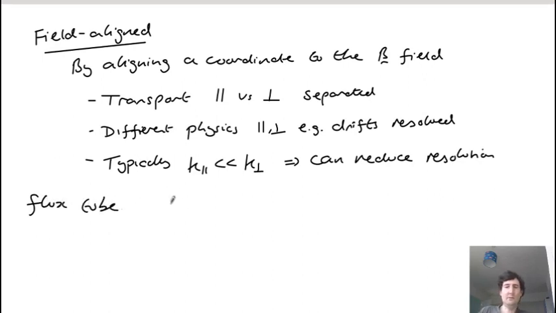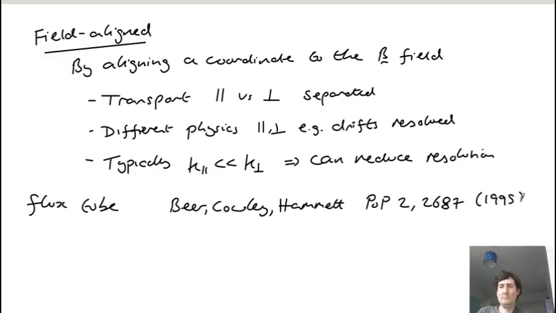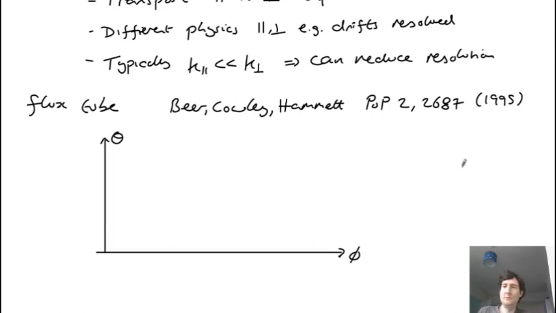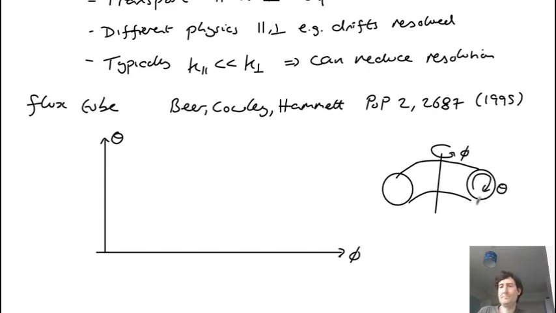An early paper on this is by Beer, Cowley and Hammett. So it's a 1995 paper in Physics of Plasmas, and it describes a system where you have, if this is a flux surface, so this is the toroidal angle, and this is the poloidal angle. So I'm trying to draw, if I draw this in a tokamak, so I have a torus like this, and here this is the toroidal angle, and then here this is the poloidal angle theta, and I'm going to have radial angle shortly. What we have here is we use essentially slices, so one of the coordinates is in